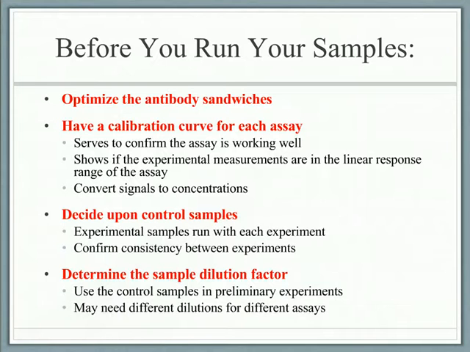So the dilution factor is the factor by which each sample is diluted into a sample buffer. And that can either be small or large, so maybe just a 2-fold dilution or less, or it could be a 10,000-fold dilution. And it depends upon the starting concentration of your analyte. If you have a wide range in starting concentrations in your multiplexed assay, you may need to split up your assays into those that are highly concentrated and those that are not concentrated, so that you can match the dilution factor within those assays.